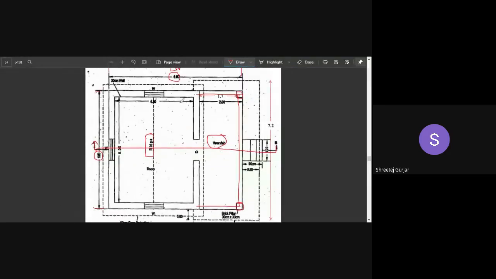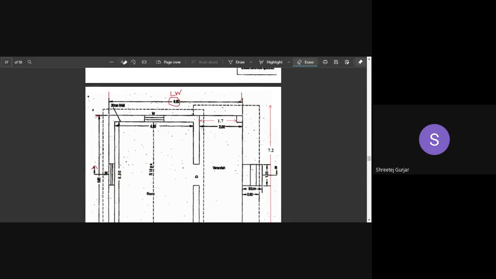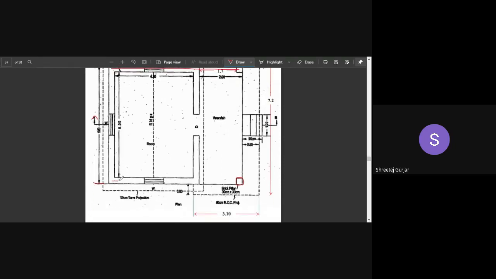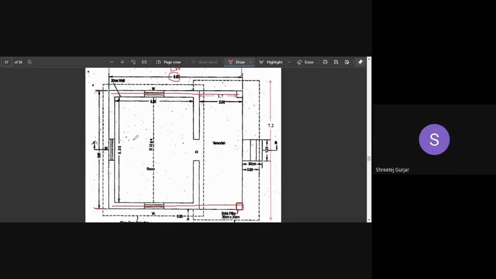Okay, so this is your plan. Short wall, long wall are 2 in number. Clear? I hope it is clear. So this is one long wall, right? Starting from here, going up to here, and then this is your short wall going up to here, from here to here, and then this is your short wall. This is your short wall 1, and then this is your 2, and then this is your 3. So I hope it is clear.